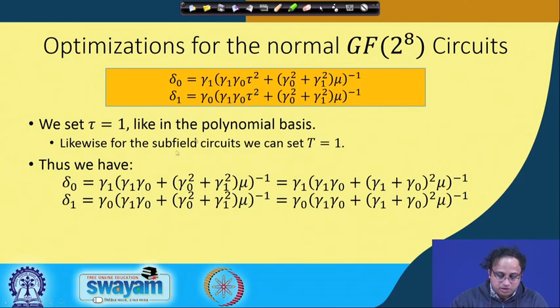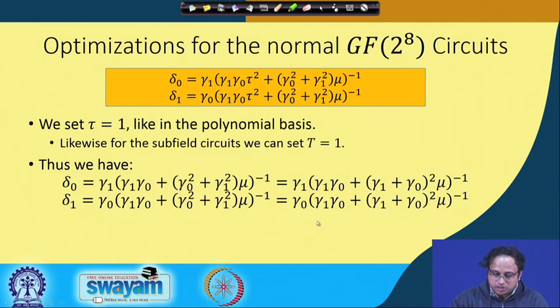For example, now this becomes this form, and therefore you can write gamma 1 gamma 0 plus this whole square as gamma 1 plus gamma 0 whole square, because when you are taking a square, the cross term 2 is 0. So this is equivalent. Why do you do that? You save some gates, because otherwise you have to do 2 squarings and then 1 addition, but now you have to just do 1 addition and 1 squaring.